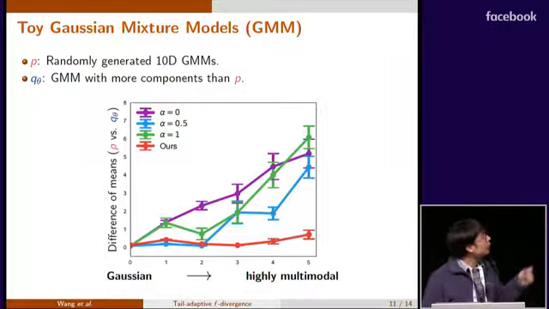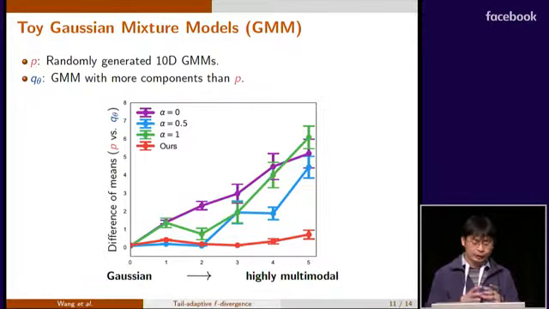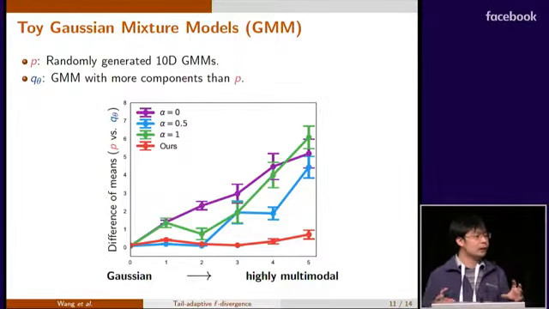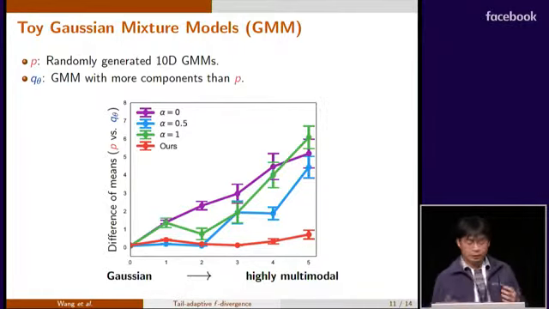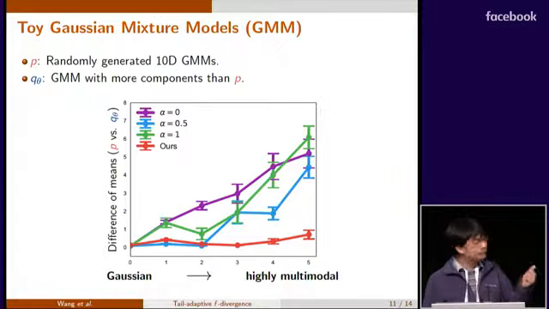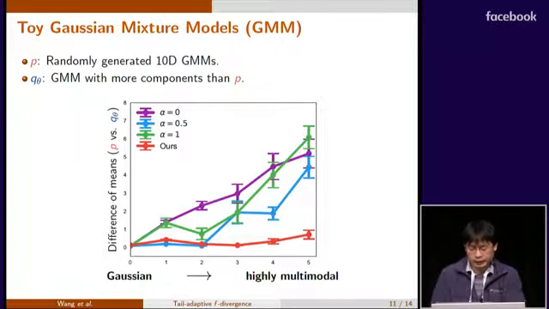For the approximation family, we make sure that Q theta has more components than P. So theoretically, if we solve the optimization globally, we should be able to find an exact approximation. But because of the randomness and the disadvantages of the divergence,